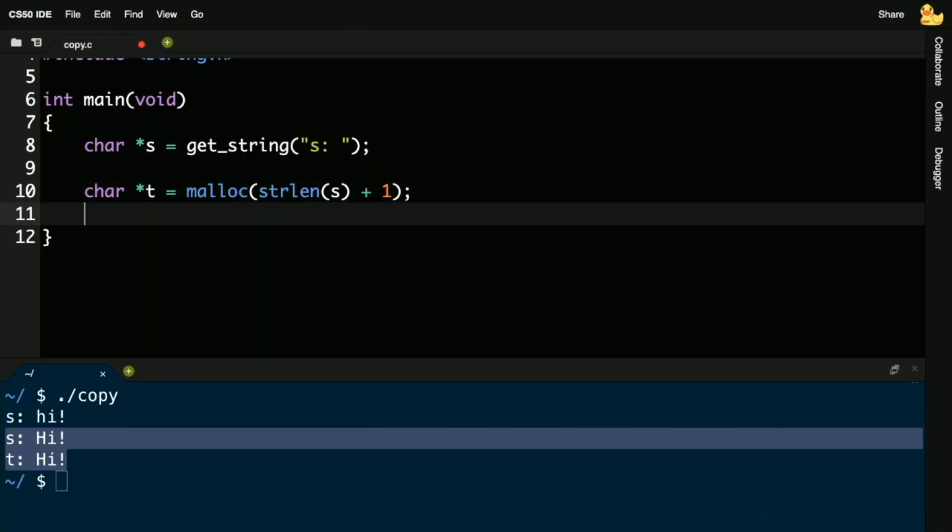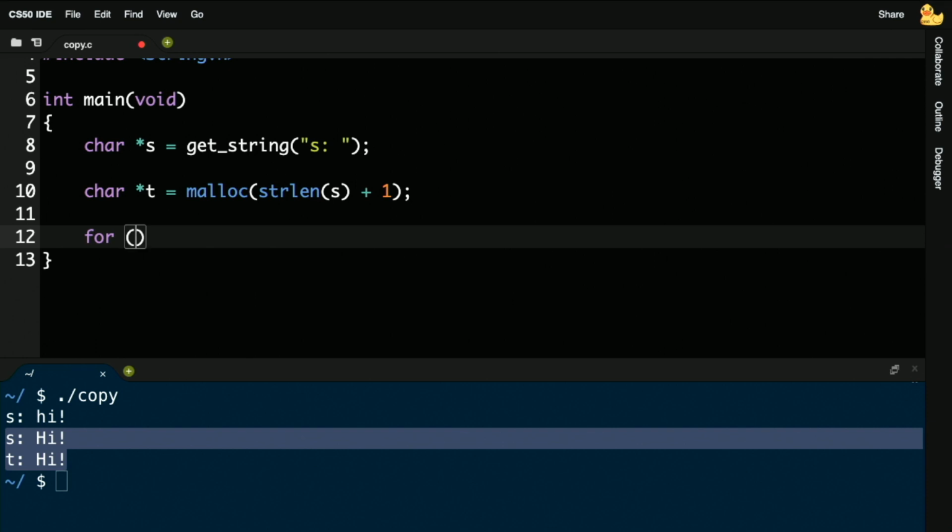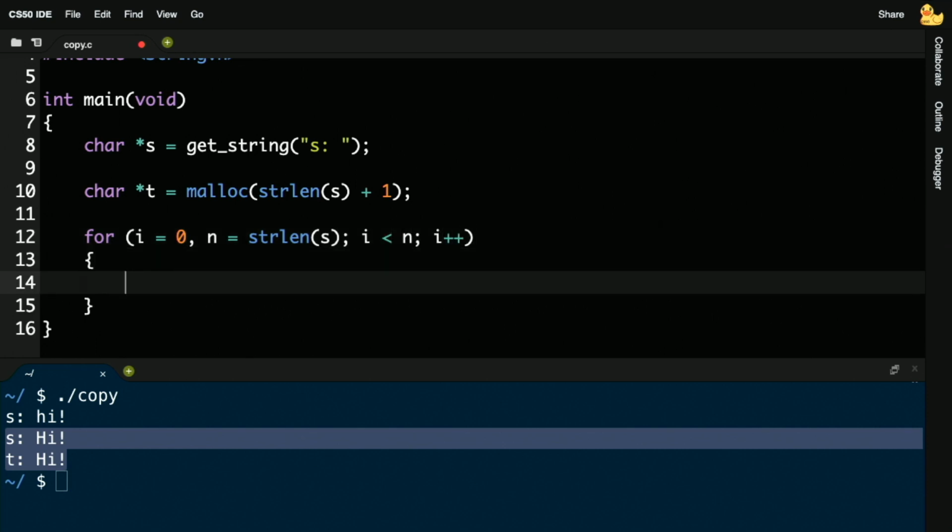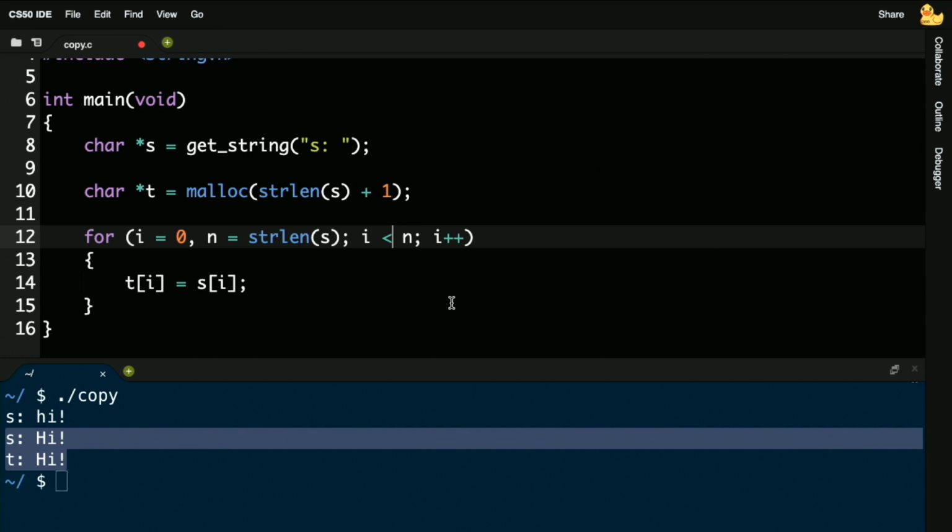So how do I copy now one string into the other? Well, let me go ahead and take out our old friend, the for loop from week 1, and say for int i equals 0, how about actually n equals strlen of s? We've done this trick before. i is less than n, i++. Let me go ahead and quite simply say t bracket i gets s bracket i. So this will literally copy from s, each of the characters one at a time, into t. But I need to be a little smarter now. Even though we almost always do i less than n, I'm actually going to very aggressively say i less than or equal to n.